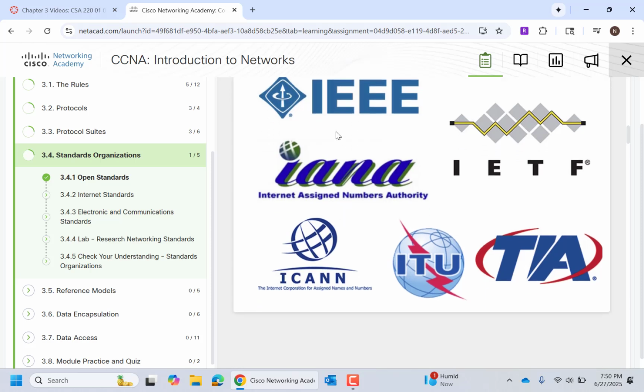Some of those standards come from IEEE, IANA, ICANN, TIA. I'll just give you a couple examples. Wireless communication. How far can the wireless signal go? How fast can that wireless signal go? What kind of antenna can you have? How many antenna? All of that is the IEEE 802.11 standard.